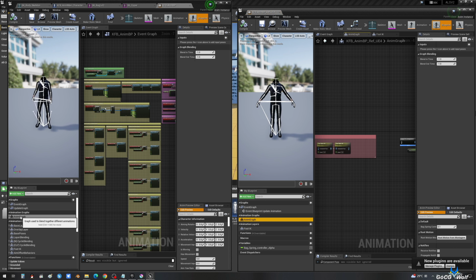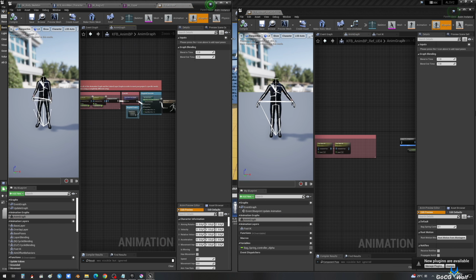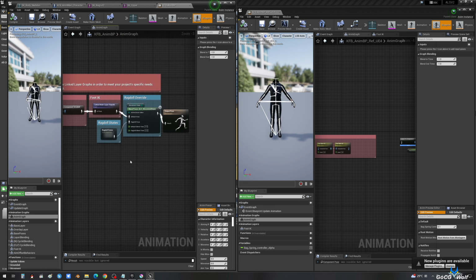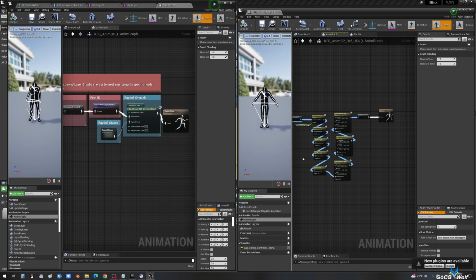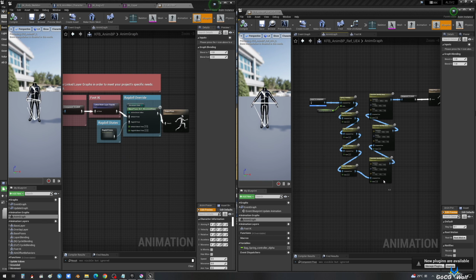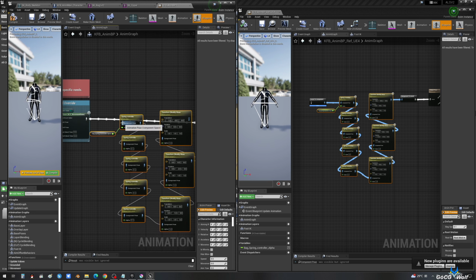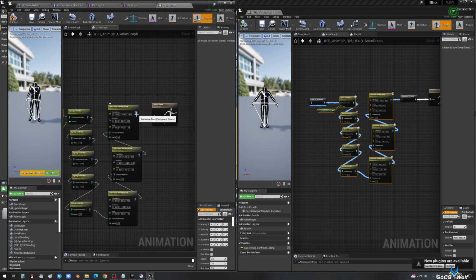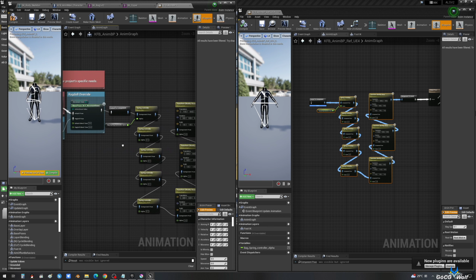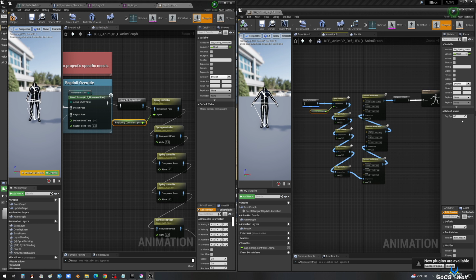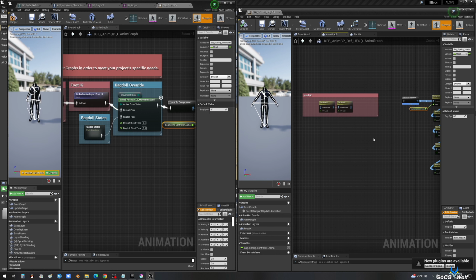Locate this. Create this node. It's 0.1. And these two nodes beside it.